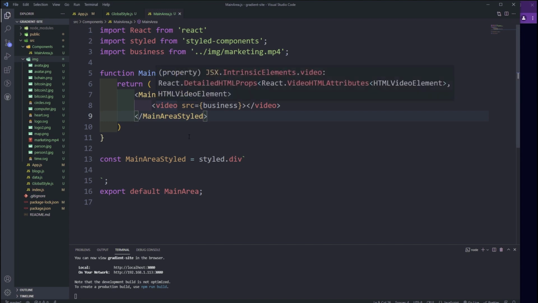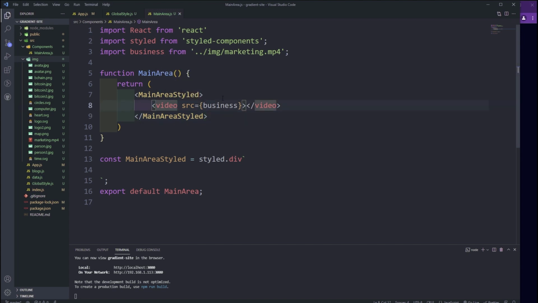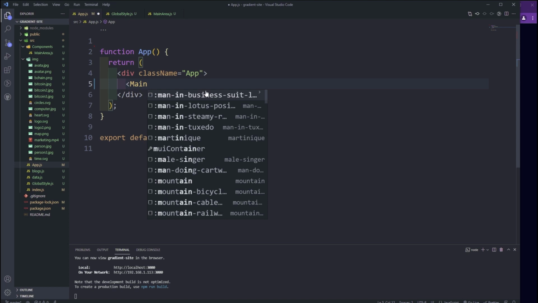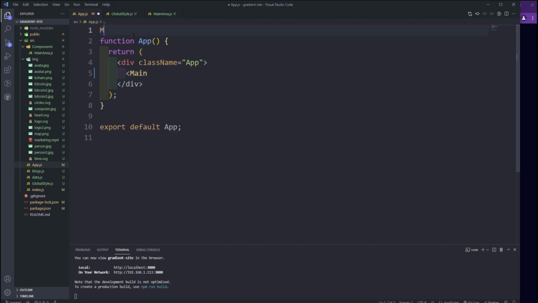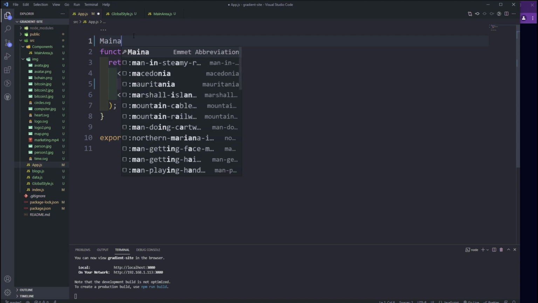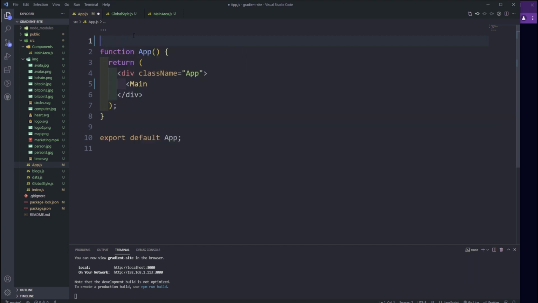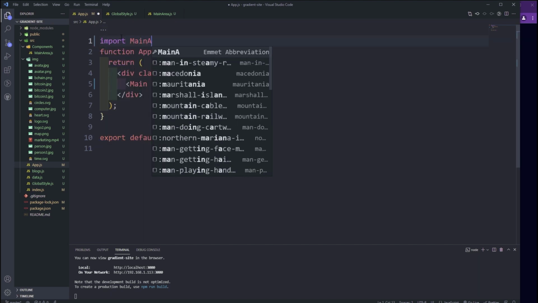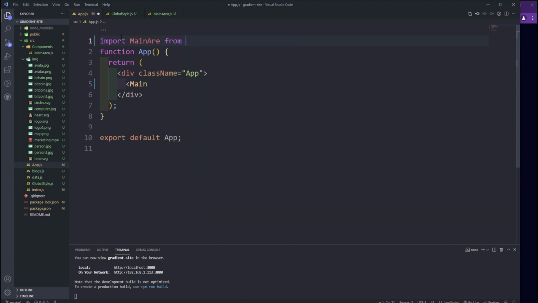Okay, so yeah, when I save, hopefully we should have a video. Actually, we're not using this component yet, so you're not going to see anything. Go to the app, and then in the app we're going to say main area. We're going to run that component. Make sure you import that. So main area, it's not importing the component. We can say import main area from dot